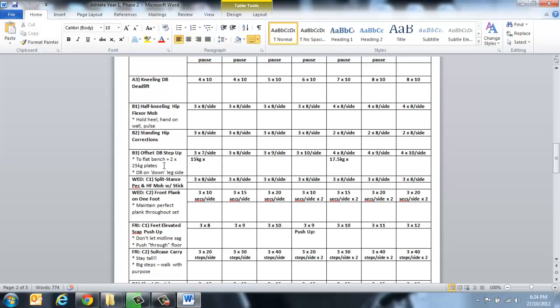At this gym that I was training over at the time, they didn't have any step up boxes or anything like that. And the bench is a bit squishy, which I didn't want him doing a step up on. It was very unstable under his ankle, so the plates provided some stability, but it also worked out well for the height. And the offset loading I really liked for the step up